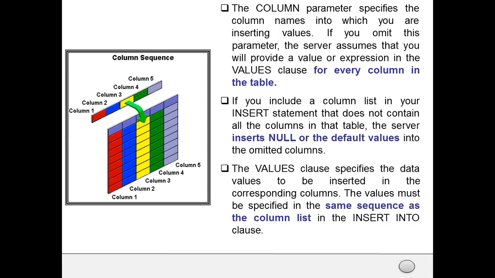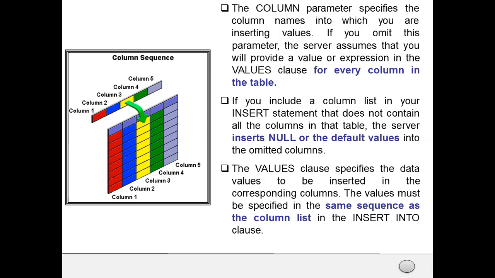So what happens is, if you insert into a table and you don't mention the columns, the server assumes that we will provide values for all the columns in the table.